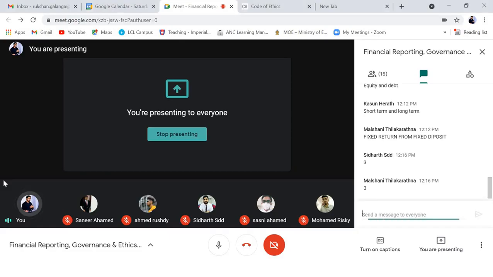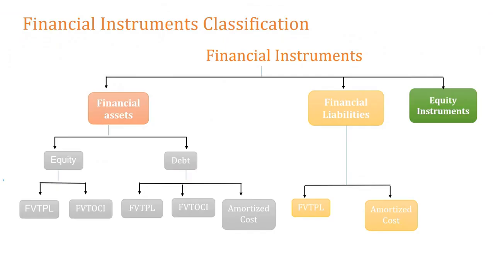Okay, simply I am asking some questions. Now I am giving you some financial instruments. You want to classify them into each of these buckets, right? What are the buckets we have? We have a bucket called equity fair value through P&L. Another bucket called equity fair value through OCI. Another bucket called debt fair value through P&L. Another called debt fair value through OCI, and another called amortized cost debts. Then we have fair value through P&L liabilities, and amortized cost financial liabilities,